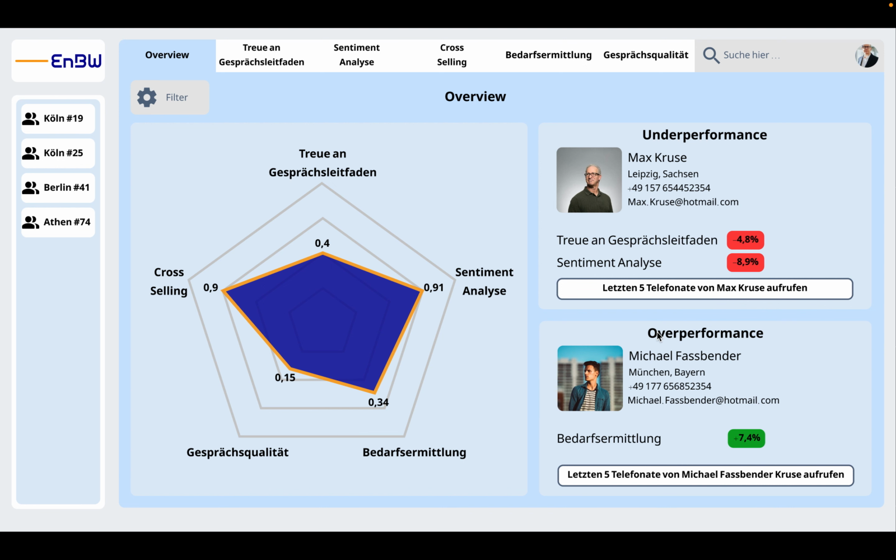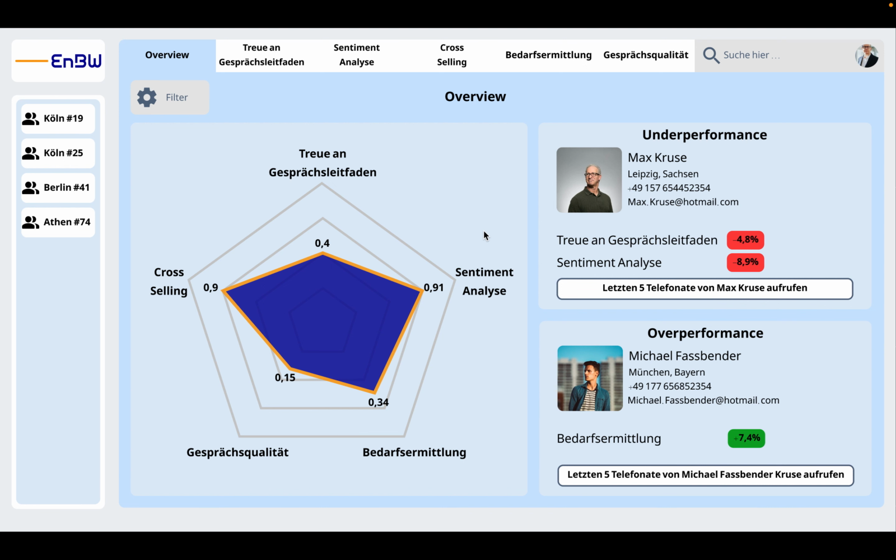So, when opening the prototype, you will be greeted by our start screen. Here you find all of our different KPIs listed in the top bar, as well as a search box for further functions, as you can see here. On the left is an overview of all teams you are responsible for as a manager, and in the middle is a summarized overview of our team performance regarding all relevant KPIs. Next to that, there's a short notice on striking performance values covering outstanding as well as unusual low performances.